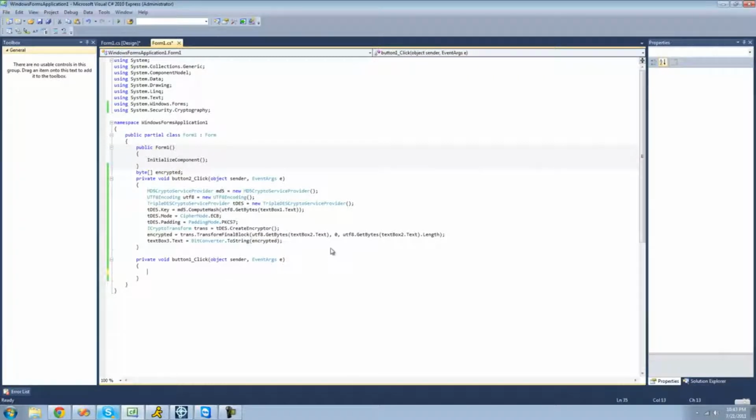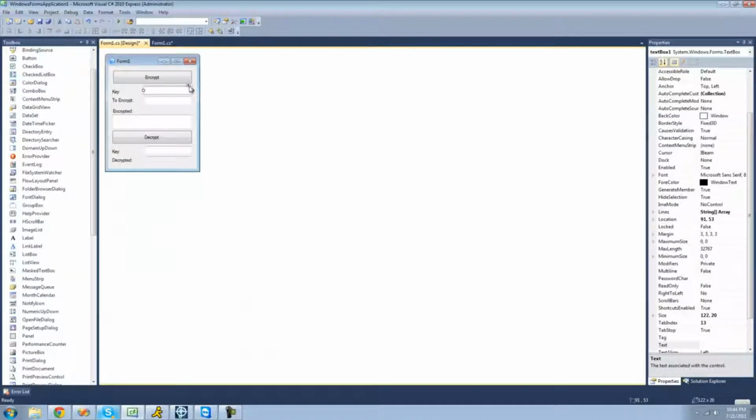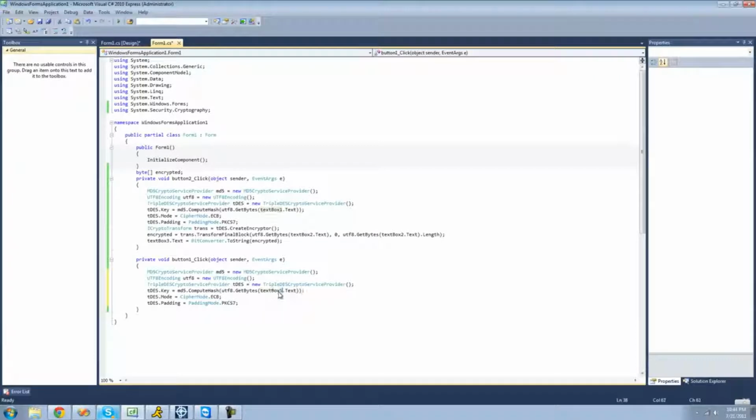So in order to decrypt the data, we're just going to go ahead and copy all of this right here, because all of these settings are exactly what we need, and we're going to need to be using the UTF-8 encoding class as well. However, right here it gets the key from text box 1, which is this text box. Well, we actually want to use the key in text box 5. So we're just going to change that to text box 5's text. And yeah, we do need these settings just like before, because if we don't have these settings right here, then